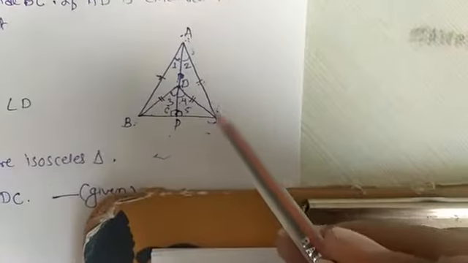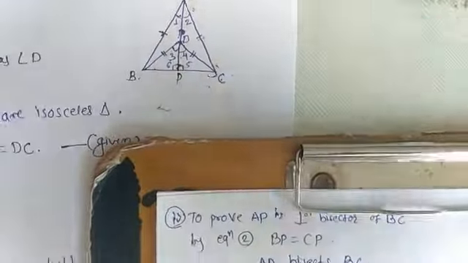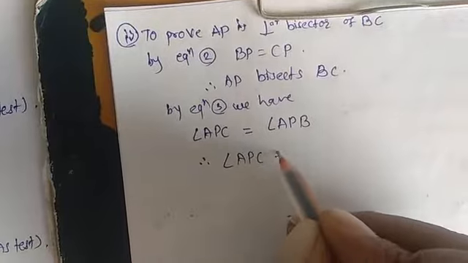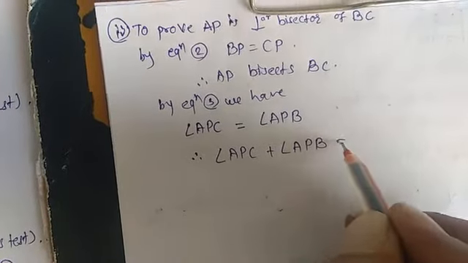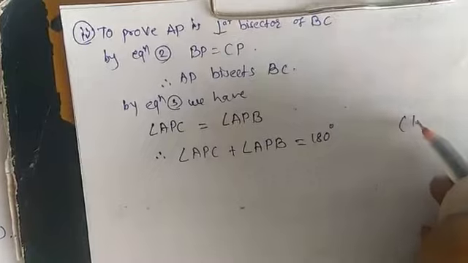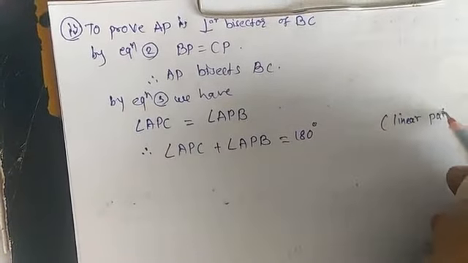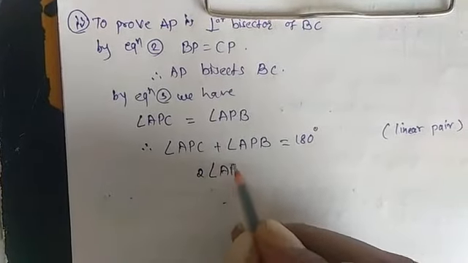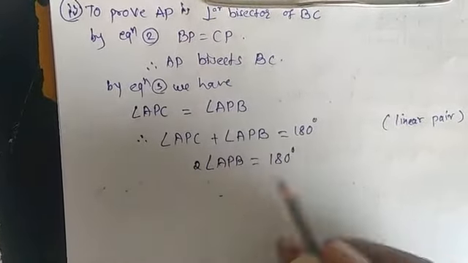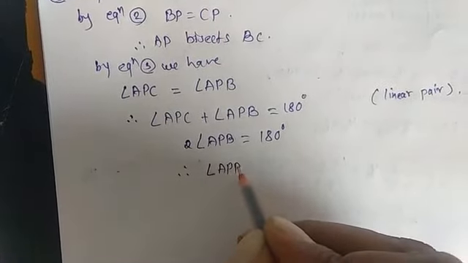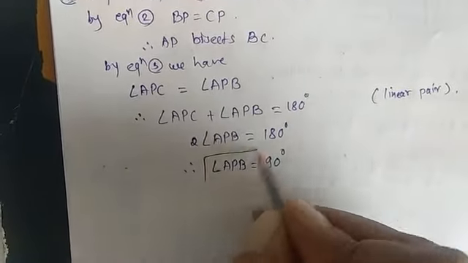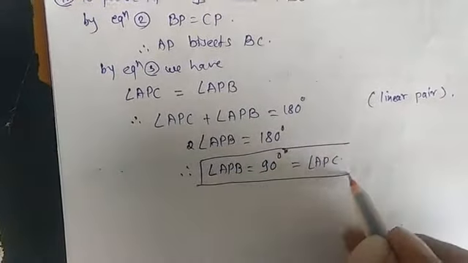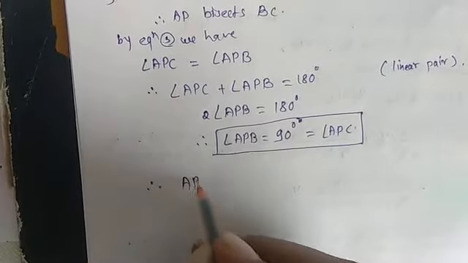Now by linear pair you can say that angle APC plus angle APB is equal to 180 degrees, by the linear pair theorem. Therefore, here both are equal, so twice angle APB is equal to 180 degrees. Therefore angle APB is equal to 90 degrees, which is equal to angle APC. That means AP is perpendicular